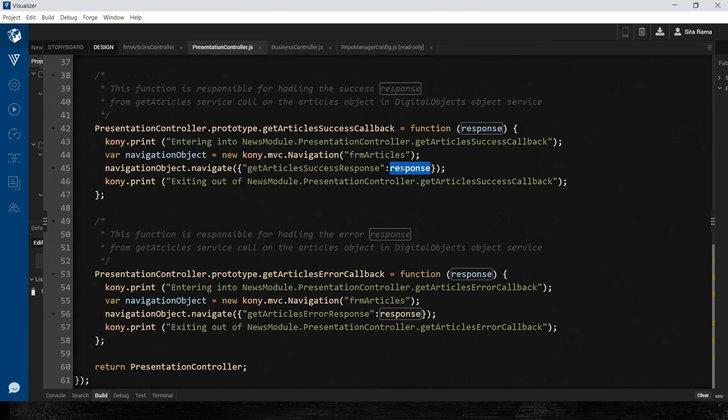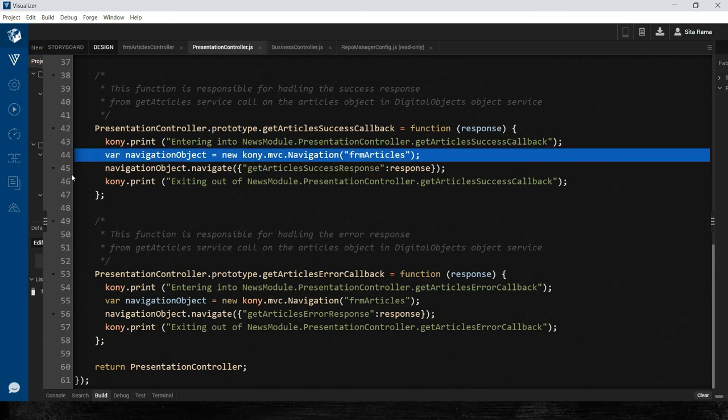So we are passing the entire response that we got from the fabric layer into this form while navigating to it, with the key as get article success response. So with these two lines of code, we will be navigating back to the FRM articles form.